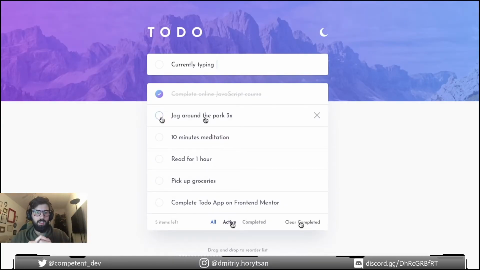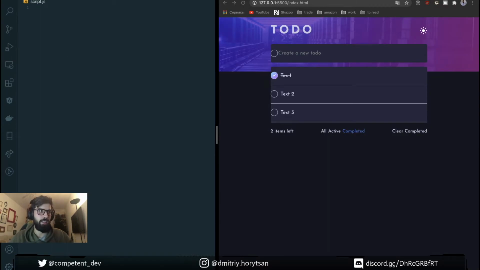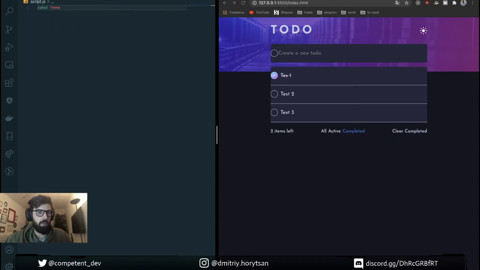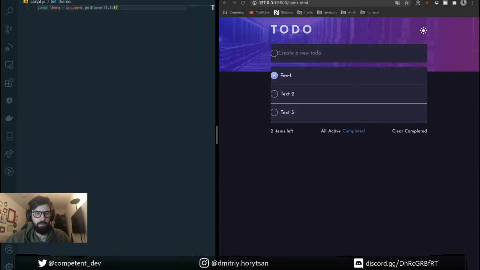Let's start working on JavaScript. The first thing that we need to do is we're going to implement our theme switcher. The easiest part, probably, but still we need to do it. So let's define our theme element, document query, it's an ID, so we can get element by ID.